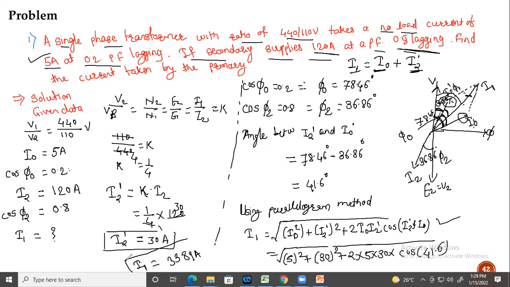Okay, so this is the current taken from the primary, or the current taken by the primary